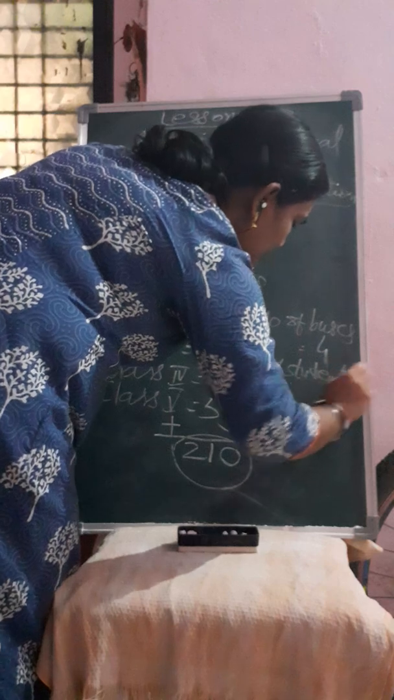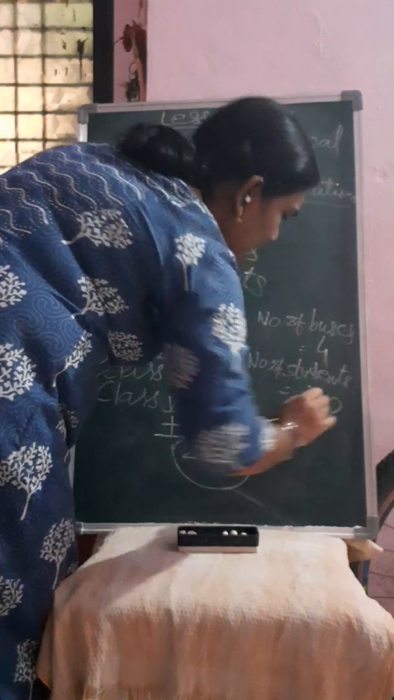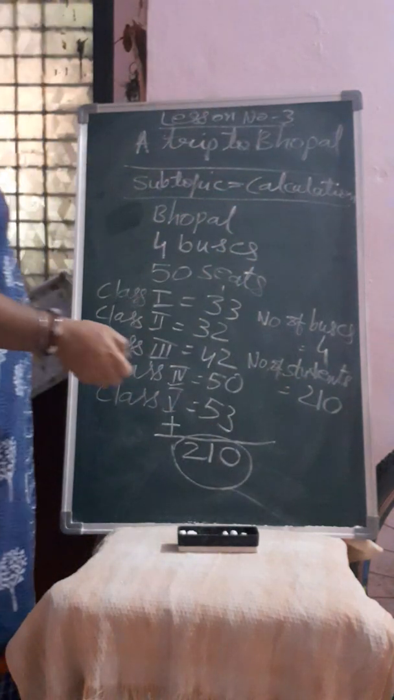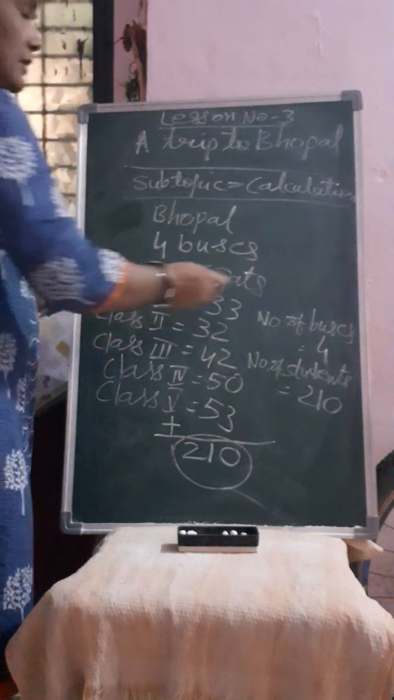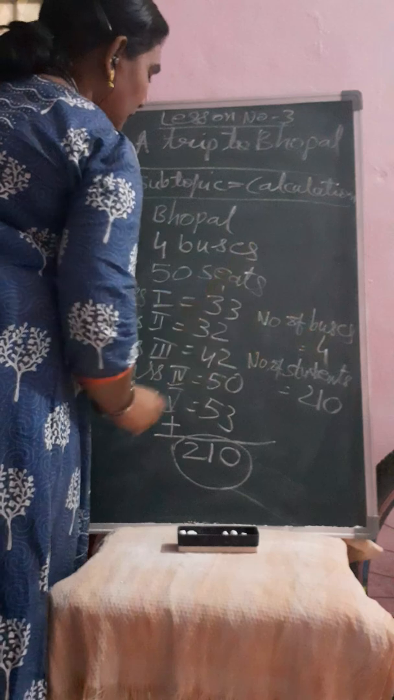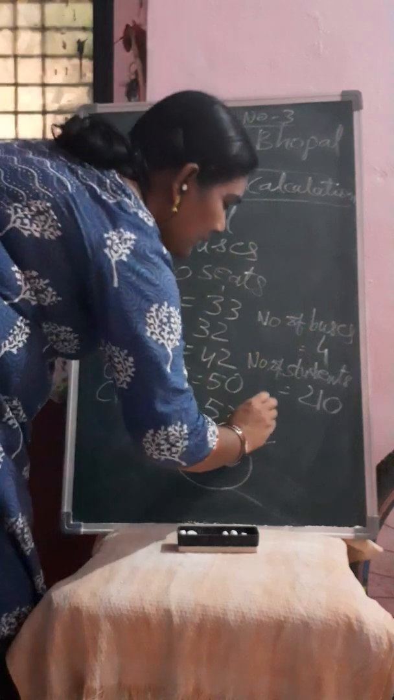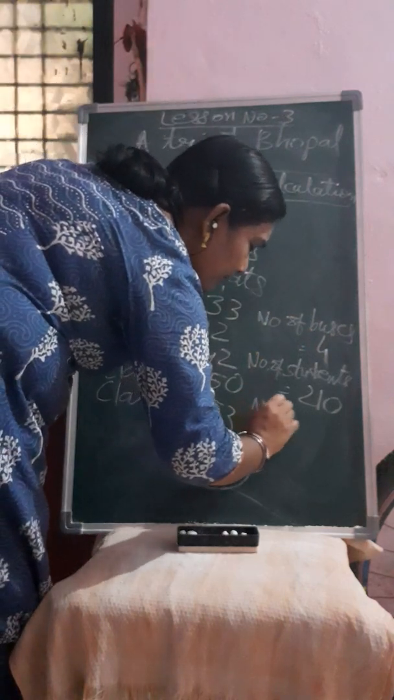Number of students, there are 210. Now they will calculate how many buses they need. Now the buses are 4 already. So the seats are 50. So number of seats